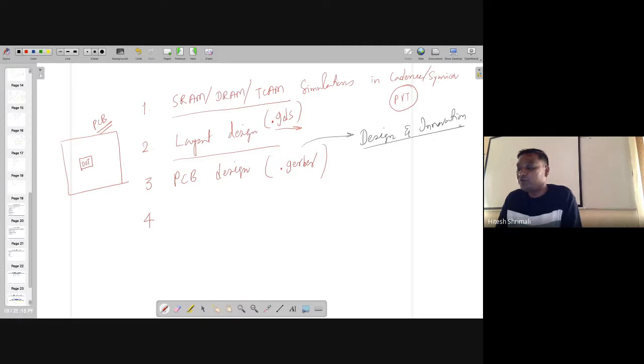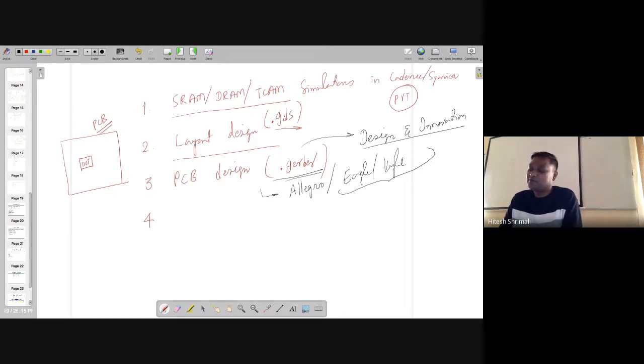So what we are going to do is make this .gerber file on the computer. The standard industry tool is Allegro, which is a paid tool by Cadence. So we have that. But if it is not there, we are going to use Eagle, KiCad, and many others. These are open source. They are also equally good. People are still using Eagle and KiCad even though they have Allegro. I also use Eagle and KiCad most of the time, even though Allegro is available here. So all are synonyms. Any one of them, you just learn it, find out the Gerber file and send it for fabrication.